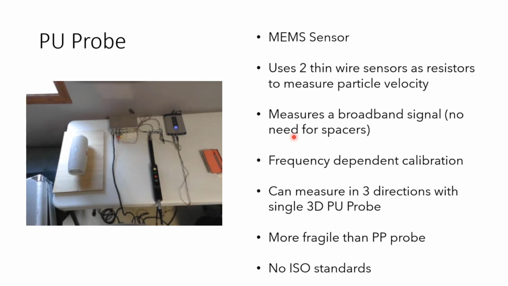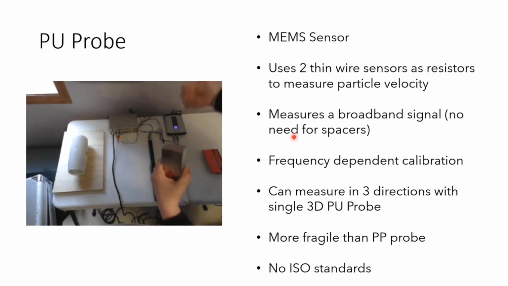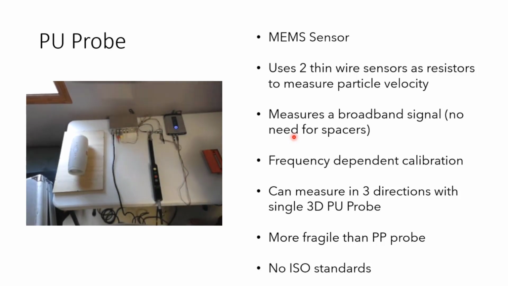Another thing that this probe does, technically the PP probe does this too, but this probe does it way easier, is it has a 3D probe. So that's this guy right here. This will actually measure the sound intensity vectors in all directions. It has three of these sensors in orthogonal positions to one another, so it makes it really easy to do a 3D measurement. You can do the same thing with the sound intensity probe, but as you imagine, you will have to take two microphones and put them in different directions to get all your directions. They do make that, but it gets very complicated. So if you're looking for something simple, this 3D probe might be for you.